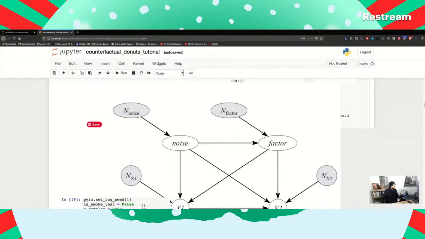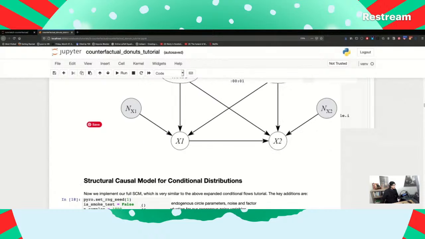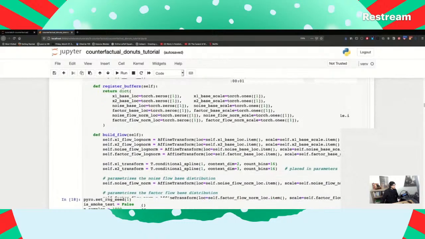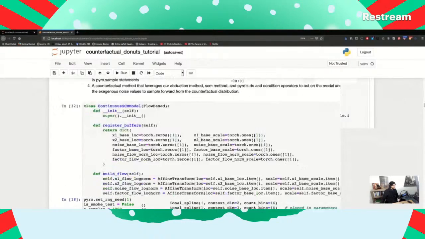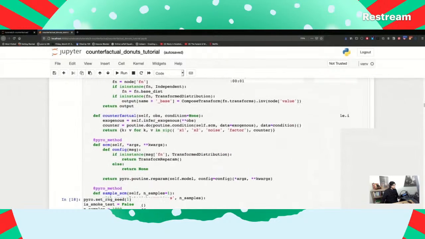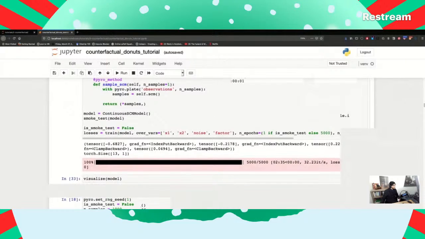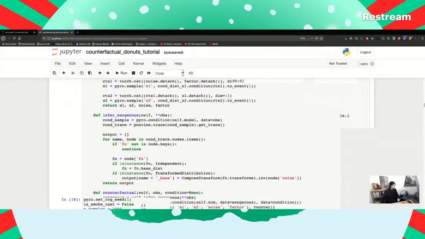All right. So here's our... Okay, we're messing about. Okay, so we have... This will be our SCM. So we already kind of know what the structure is now, and so we're just going to be implementing this DAG. I dare not try to actually train this. But I might have to see a visualization of the model. All right, so let's see.